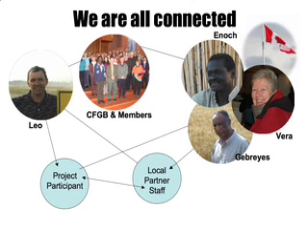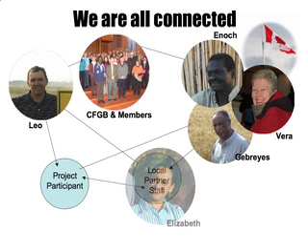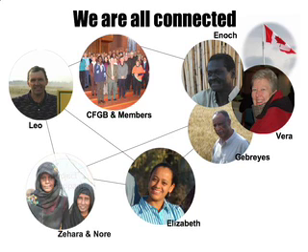Once this has all been completed, the project plans are in place, the resources are delivered to the local project partner staff. This is represented by Elizabeth. Elizabeth is an incredible woman that we met in Ethiopia. She runs the project in the Afar district for the SSD. Elizabeth is responsible for supervising about 80 staff, as well as all of the people, the local community people who are doing the Food for Work, digging the canals, etc. Elizabeth works with some of the project participants by the name of Zahari and Nora, 2 women that we met.